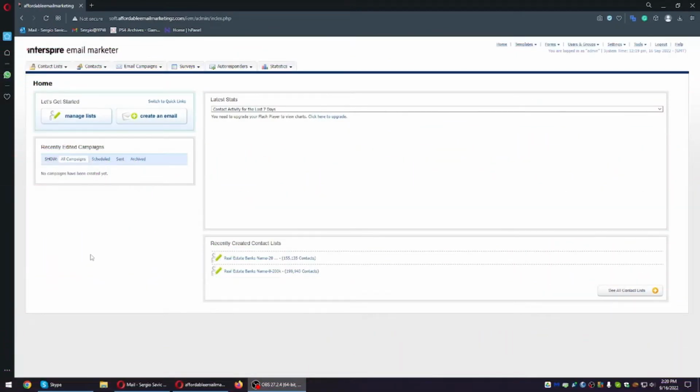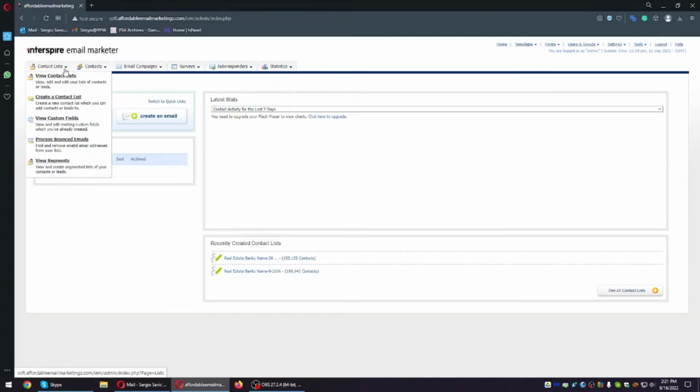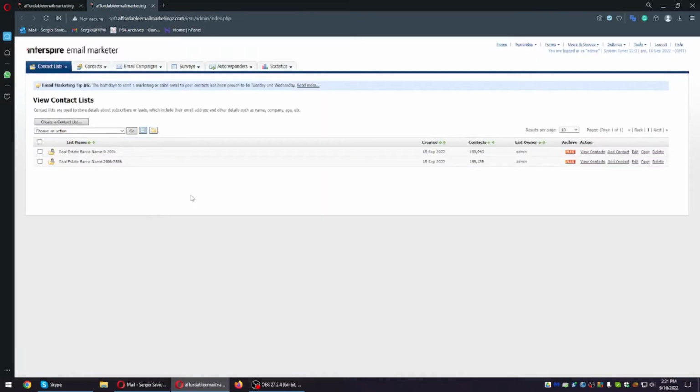So as I said, this is something specific because I'm going to show you everything. There is already a list in there. I'm going to show you how to create a campaign. So I'm going to show you the list first and the way to import the list, because this is already done by my developer. But if you would have to do this, we have banks here and we have